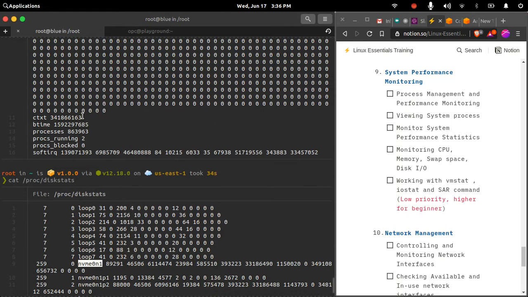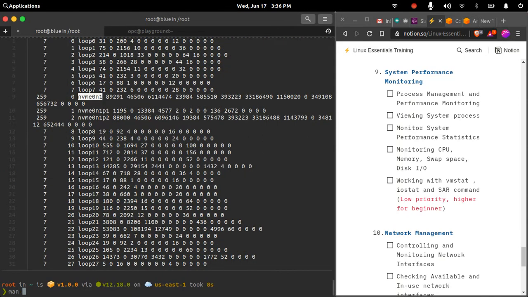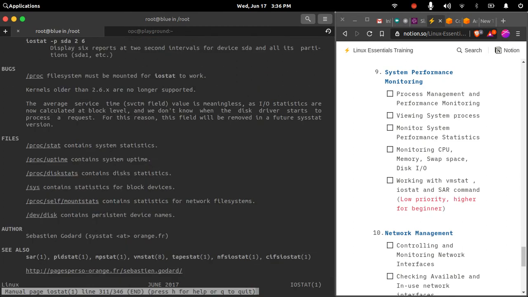So iostat will always read the performance related information from these files. /proc/uptime will give you the system uptime, like since how long my system is running, and a few other things like /dev/disk and /proc/self/mountstats.